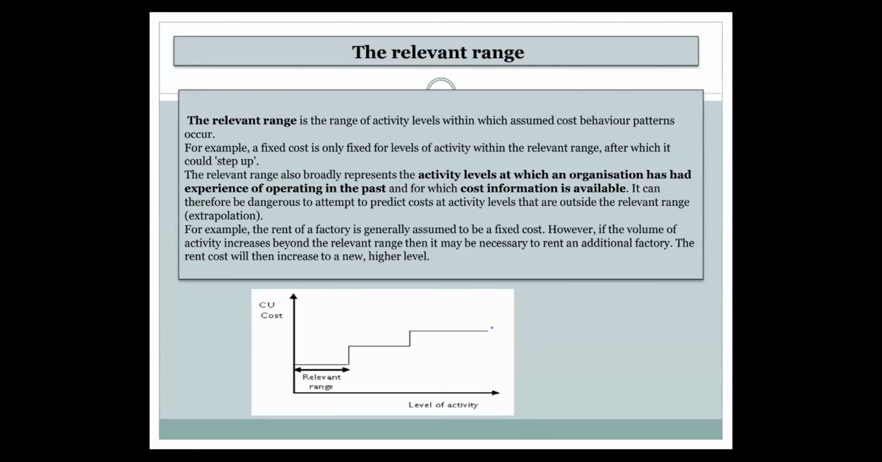Relevant range মানে একটা নির্দিষ্ট সীমা, যে একটা মেশিনের বা একটা ফ্যাক্টরির উৎপাদন ক্ষমতা। আমি 1 লাখ টাকা দিয়ে একটা মেশিন কিনেছি, সেটা দিয়ে আমি সর্বোচ্চ বছরে 10,000 ইউনিট প্রোডাকশন করতে পারি। এইটাই হচ্ছে রেলিভেন্ট রেঞ্জ, রাইট? 1 লাখ টাকার মেশিনের আমার ইয়ারলি প্রোডাকশন ক্যাপাসিটি হচ্ছে 10,000 ইউনিট।